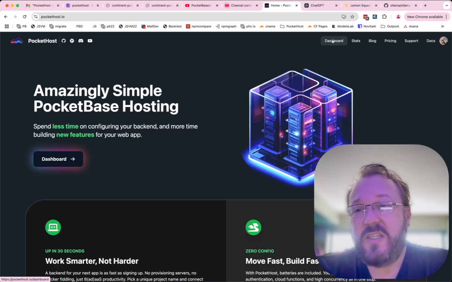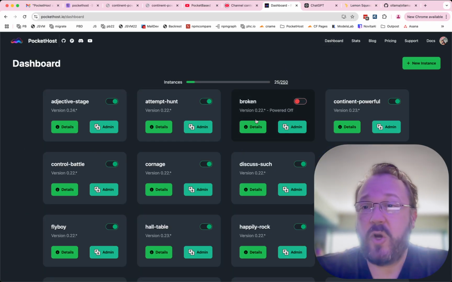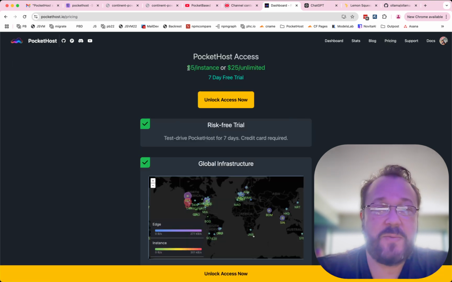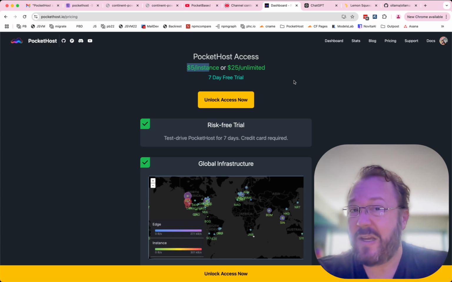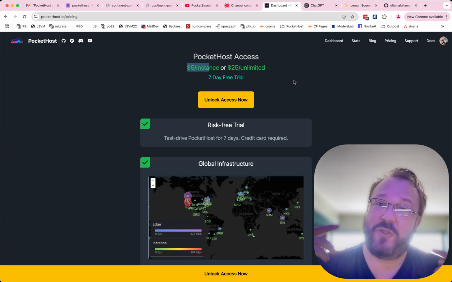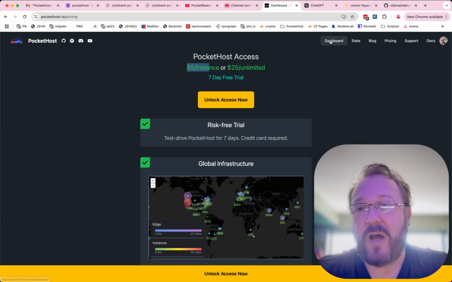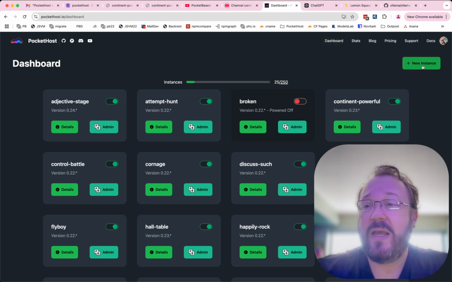So the first thing I'm going to do is go to my PocketHost dashboard. If you haven't signed up for PocketHost, it's actually really inexpensive. You can get started for $5 here, and you don't have to use PocketHost for this, but this tutorial is about using PocketHost. So you've got to go to the dashboard,